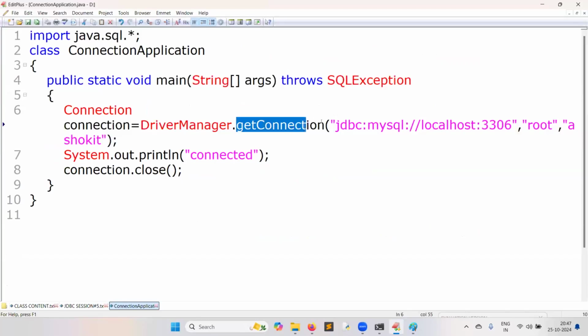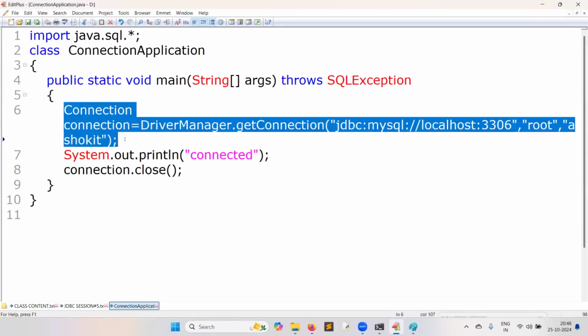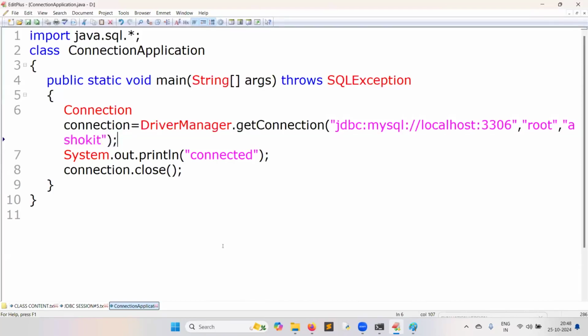But this method throws SQL exception if the server address is wrong, username wrong, or password wrong. One more reason it will raise the exception: a suitable driver should be present on the client side. Which is the suitable driver? You are connecting to MySQL, then the MySQL connector is the driver.